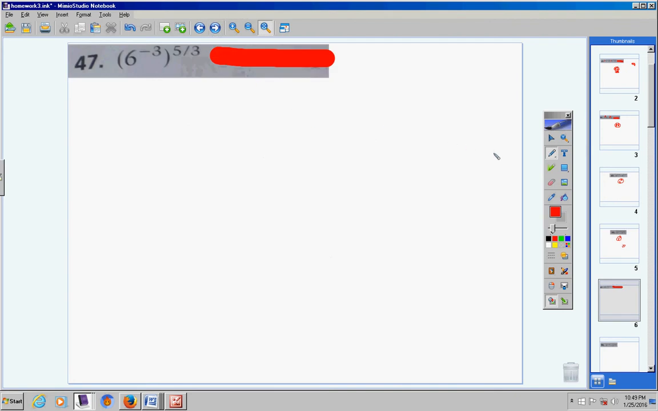Number 47. Same thing here, guys. We have a power raised to a power. So I have negative 3 times 5/3. That's going to be negative 5. Okay? Negative 3 times 5/3. Now, we don't want our final answer to have a negative exponent,